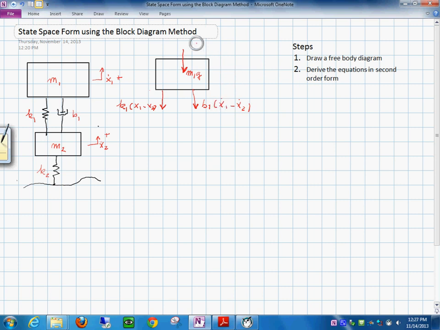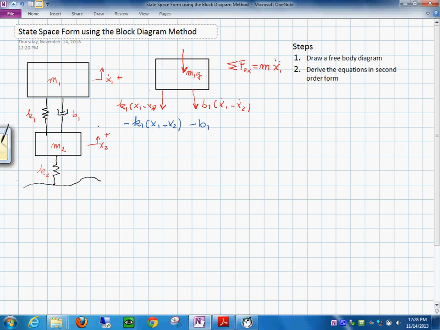What we need to do in doing the derivation of the equation is to keep in mind that the summation of the external forces equals mass times the acceleration of that mass. Okay, so that's where we start. So having done this, let's just go here and do exactly what we just said. Summation of the forces equals mass times acceleration. So I would say this would be a minus k sub 1 times x sub 1 minus x sub 2, like this,